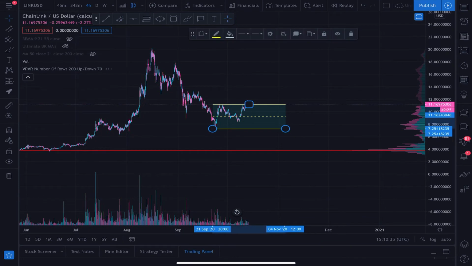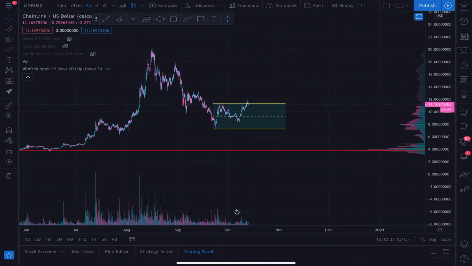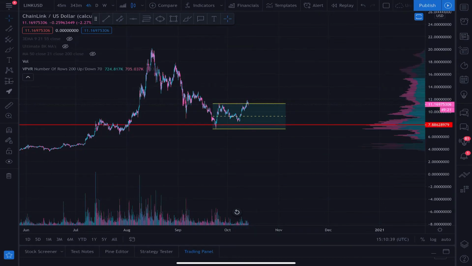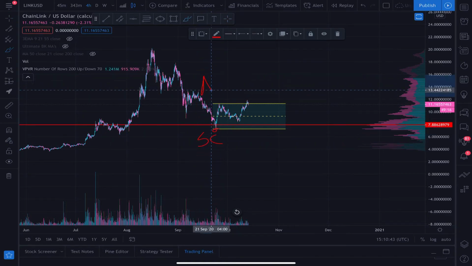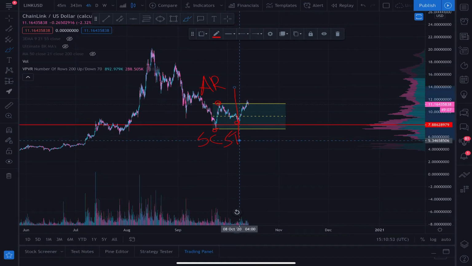So we've come up here, we had our seller's climax right here. We have our automatic rally right here. And then we've come down for our secondary test right here. So that's phase A. Now what's happening currently is we have this upward action and we're going to see what